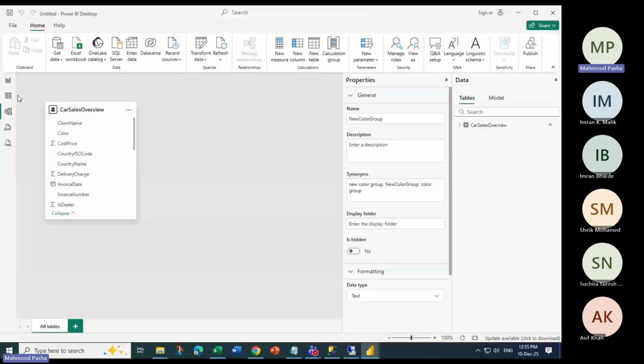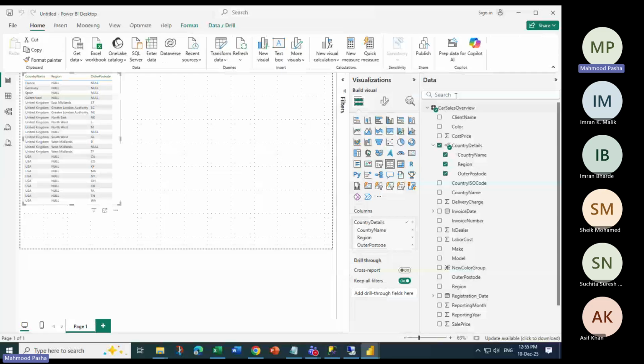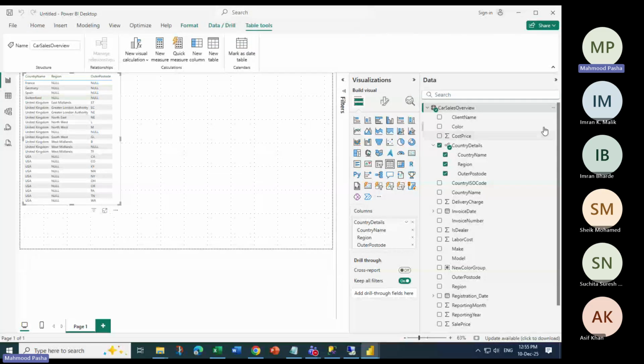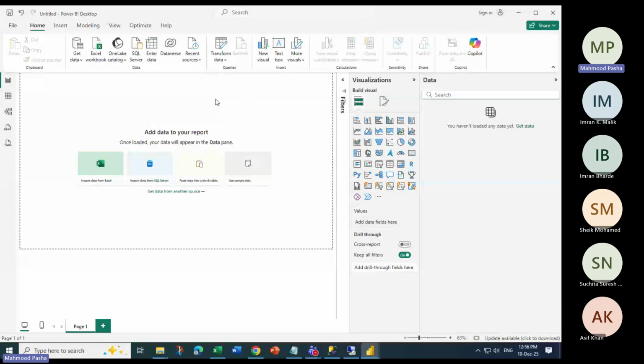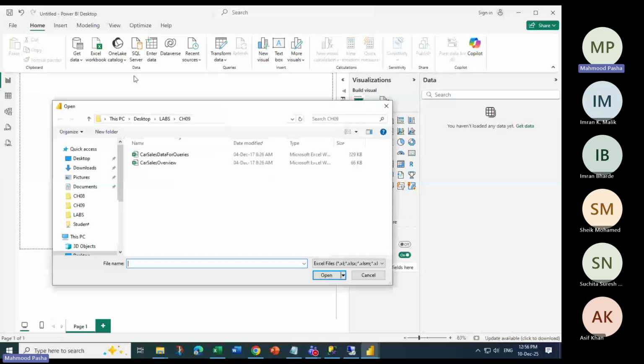So what we can do, I'll go to the data. Until now, whatever we did, I hope you all understood this. I'll delete this model from the model. Okay, now this is an expected issue. Now what I can do, Excel work. Here I have car sales data for query. The only reason I'm selecting this is to get multiple tables and I want to work on now the